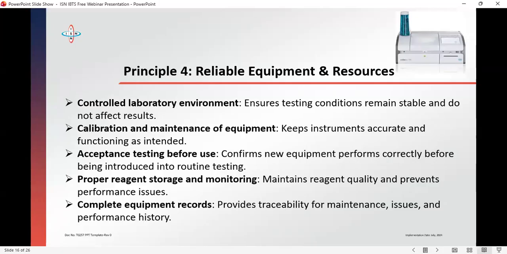Principle number 4, reliable equipment and resources. We've bought instruments. We don't want to come for the maintenance plan. That you do not maintain your parts is just like your instrument. It's just like you are driving a car without changing the oil. A syringe will bend because of wear and tear. The manufacturers, in their wisdom, even for your testing kits, you need to monitor them. You need to calibrate, as well as your pipette. Pipettes have yearly requirements for calibration.